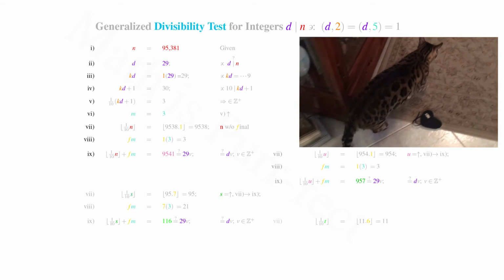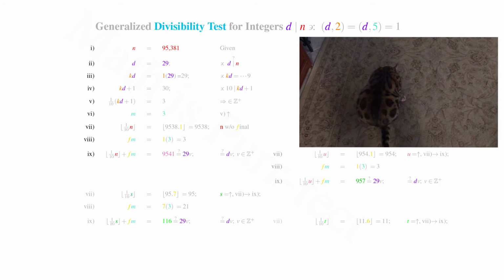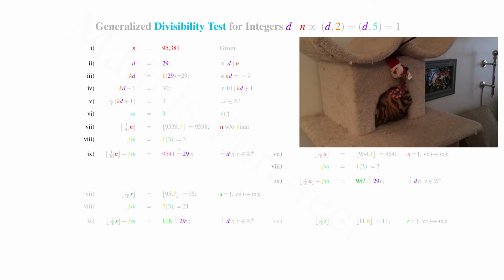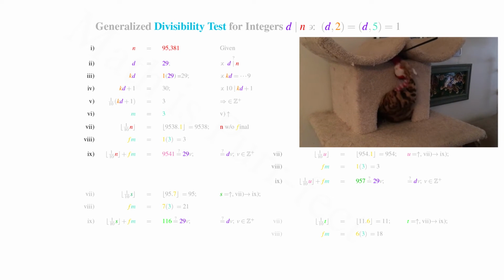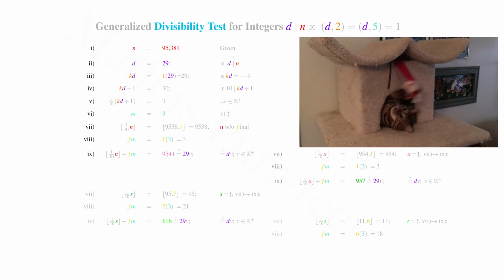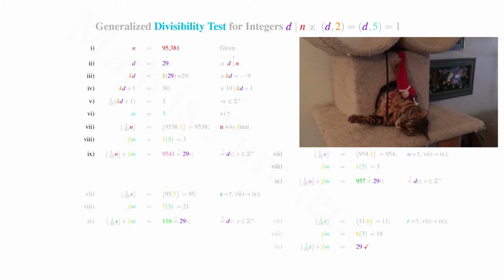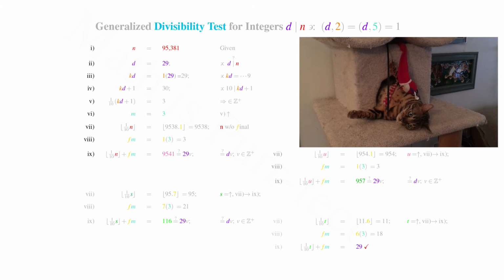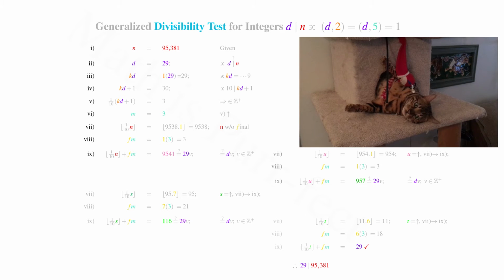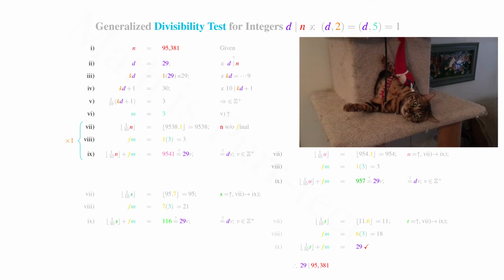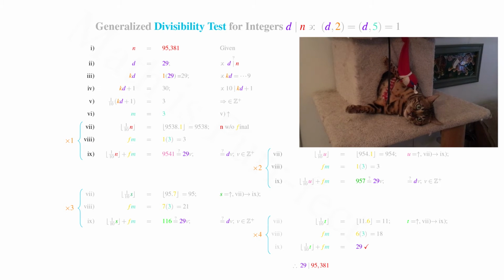Step 1, truncate the final decimal of 116, leaving us with 11, after truncating the 6, where 116 is the result in light green from the previous test to the left. Step 2, multiply the truncated decimal 6 with the key m equals 3, resulting in 18. Finally, taking the sum of the results from the previous two steps gives us 29 exactly. Therefore, 29 does indeed divide 95,381. Once again, this took us 1, 2, 3, 4 tests to determine,